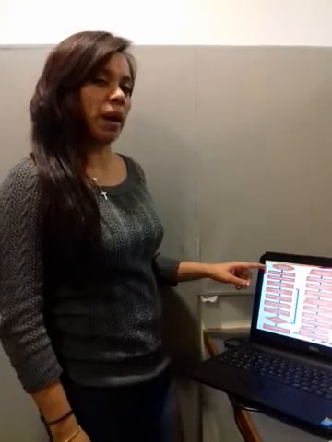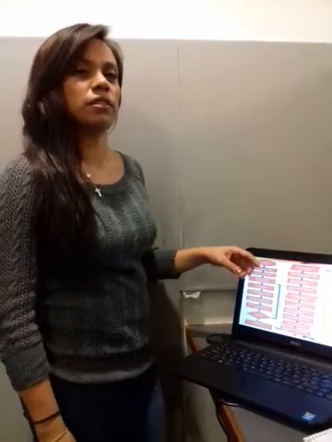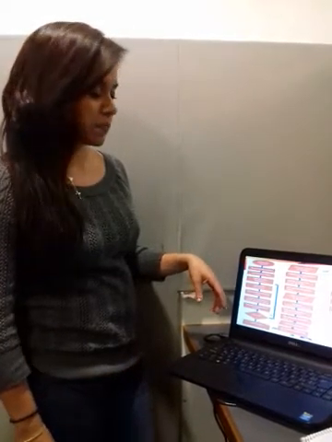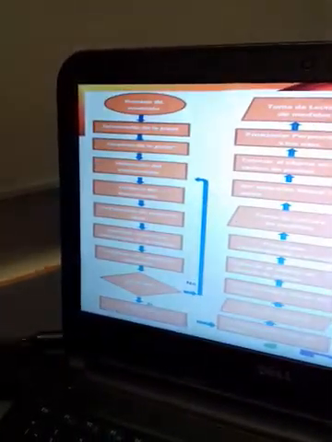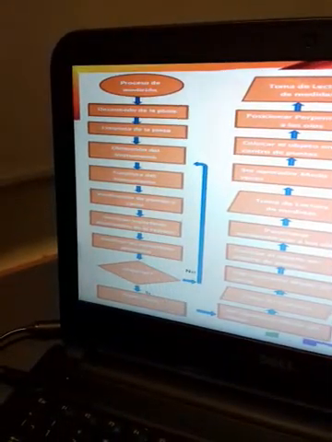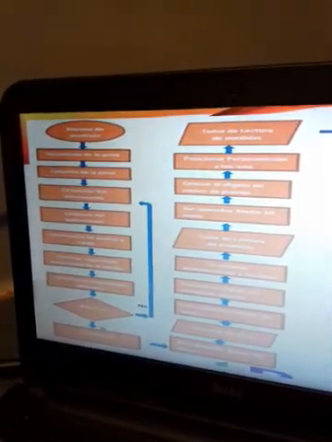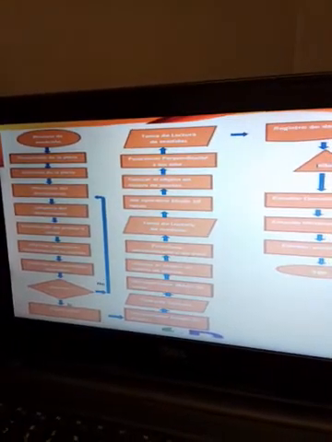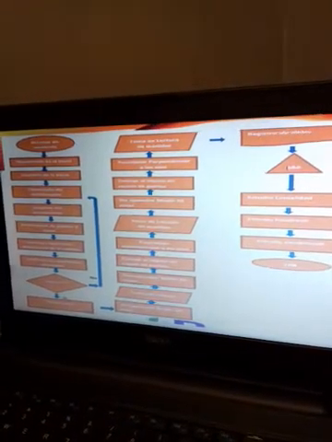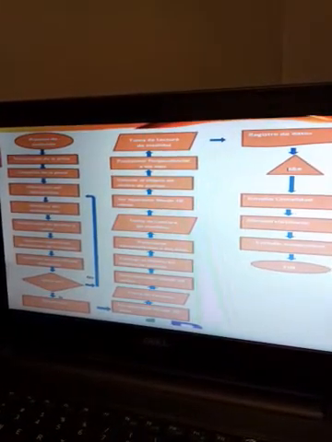I am going to talk about the flow chart that my classmate did about this process. First, we need to have blades and clean the blades. We need to decide which equipment we need to use for the measurement. Verify that this instrument has the traceability and the certificate.